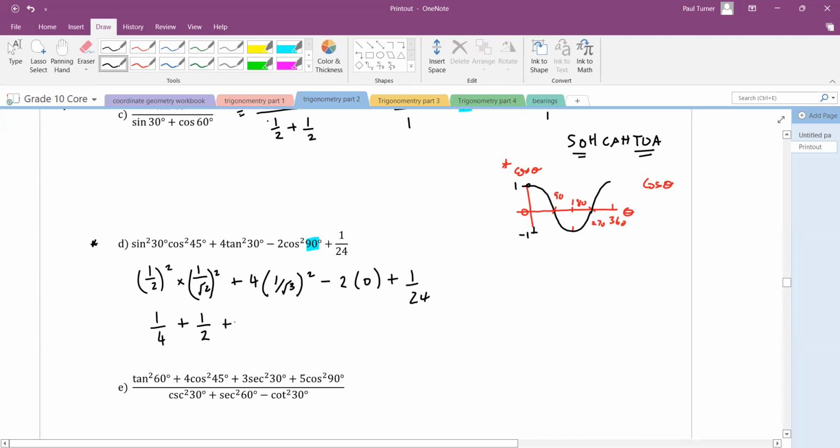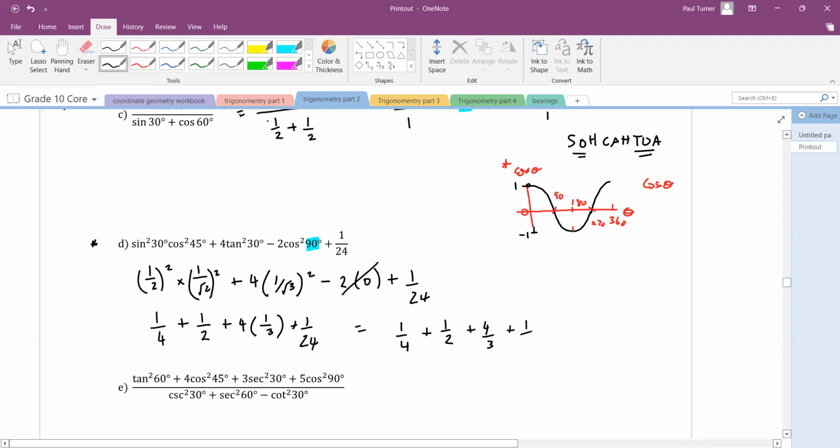Now this will be 4 times 1 squared is 1. Root 3 squared is 3. Okay. Minus 2 times 0 is gone. Plus 1 on 24. Okay, so we got a quarter plus a half plus 4 on 3